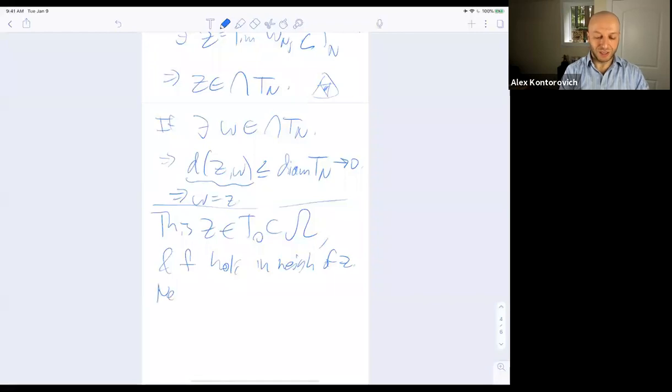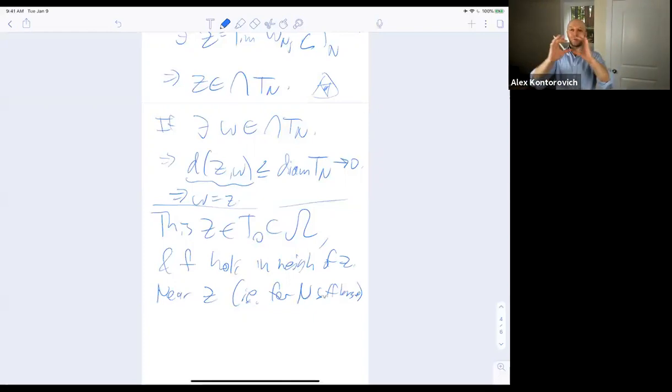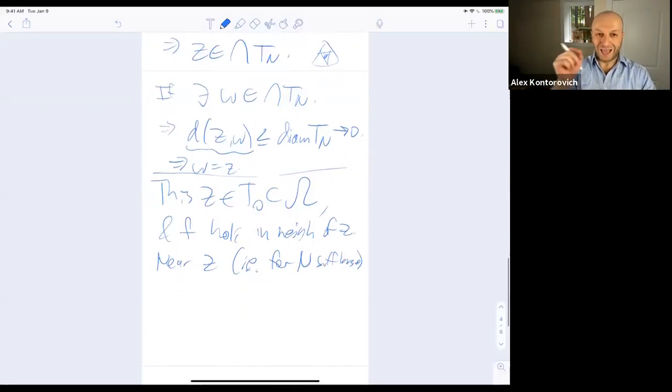So near z, i.e. for n sufficiently large, because once the diameter of the triangles is small enough, then I'm in a ball. For n sufficiently large so that the triangle Tn is sufficiently small. Near z, that is, for all w in Tn for n sufficiently large,